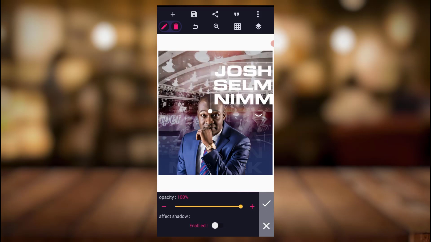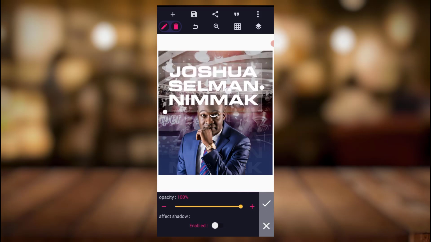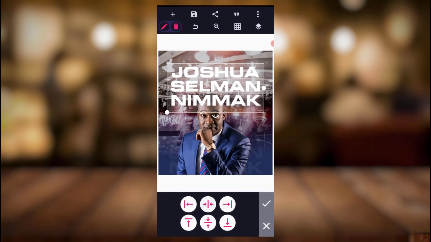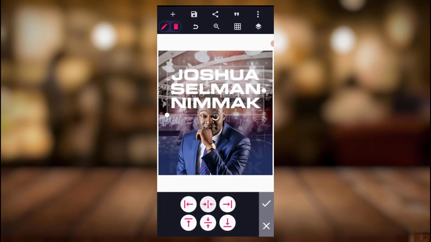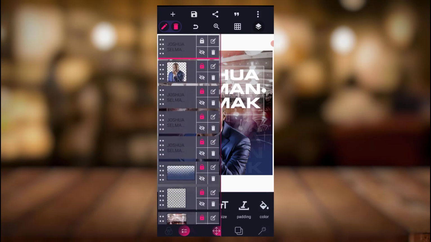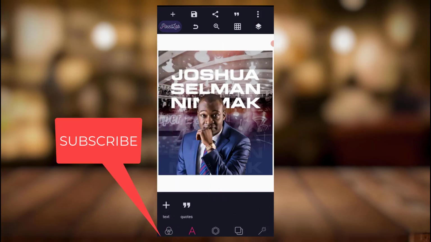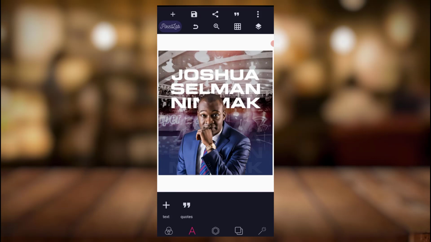Then I'll just position it somewhere around the head. So I'll just send this one behind Apostle. I'll just position this one here. Okay, so the next thing we'll be doing is, let's just bring in